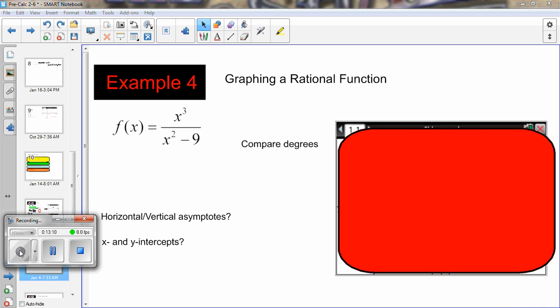Let's move on to intercepts. How could I get the y-intercepts? We're going to plug 0 in for x. We can do that almost mentally. What's 0 cubed? And denominator is going to be 0 squared minus 9. 0. So that means, if we look at a graph here, it's going to cross the y-axis at 0, does